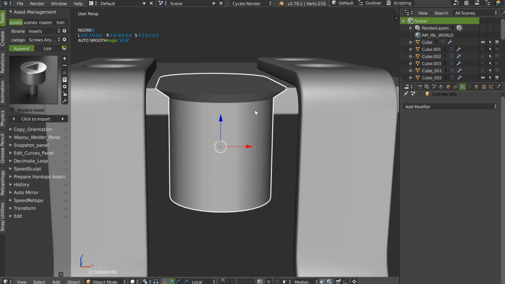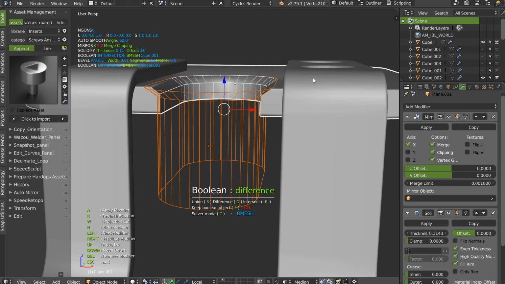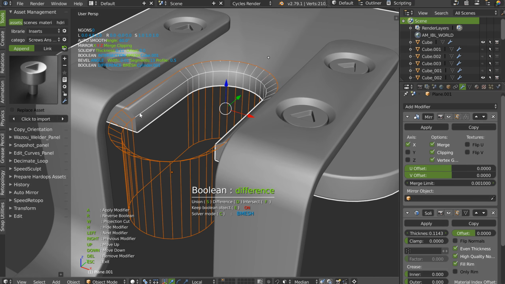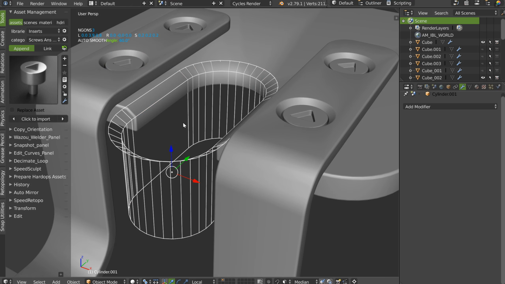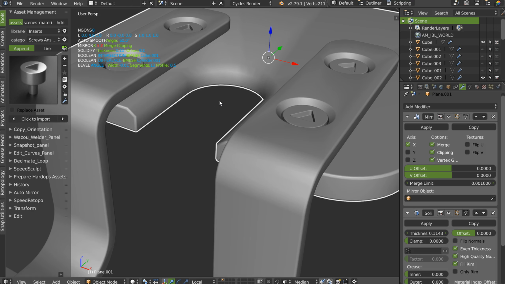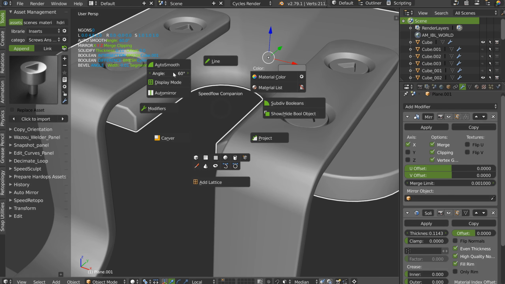I will make a boolean. And I will have to move the boolean under the bevel. This one. I will hide this one. I will, with Shift Q, change a little the number. No, it wasn't what I should have done.